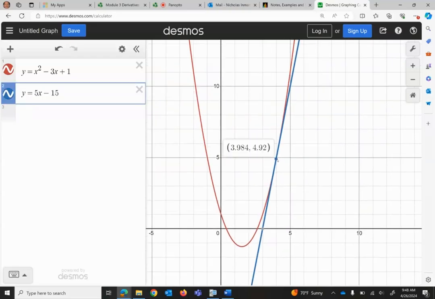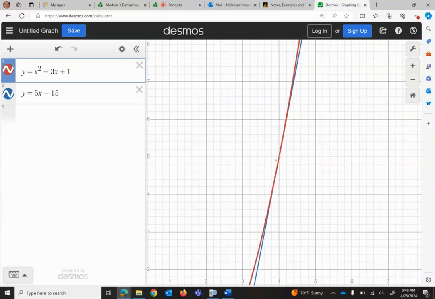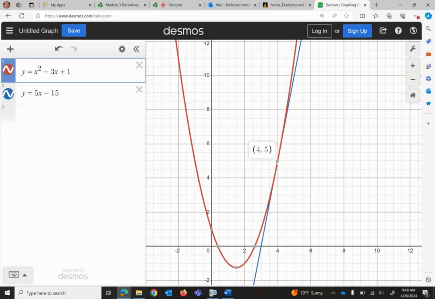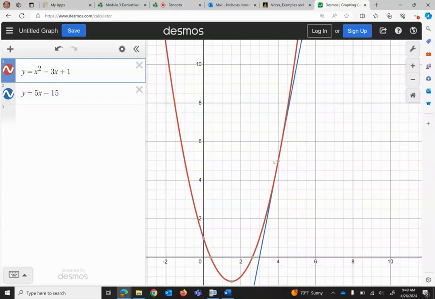Okay, so these two things should... Oh, I didn't put my dot. There it is. All right, these two graphs cross exactly at that one spot, 4, 5. That's where they intersect. All right, and that straight line, that tangent line, compared to the curved graph, if we